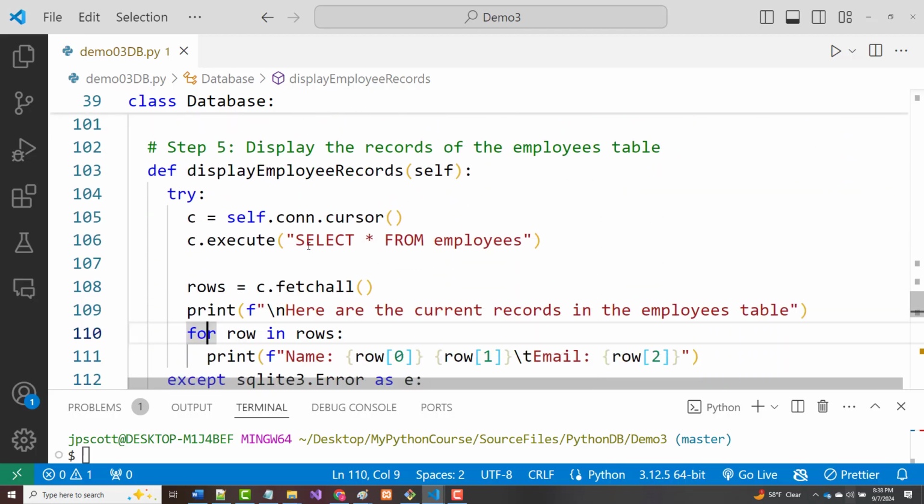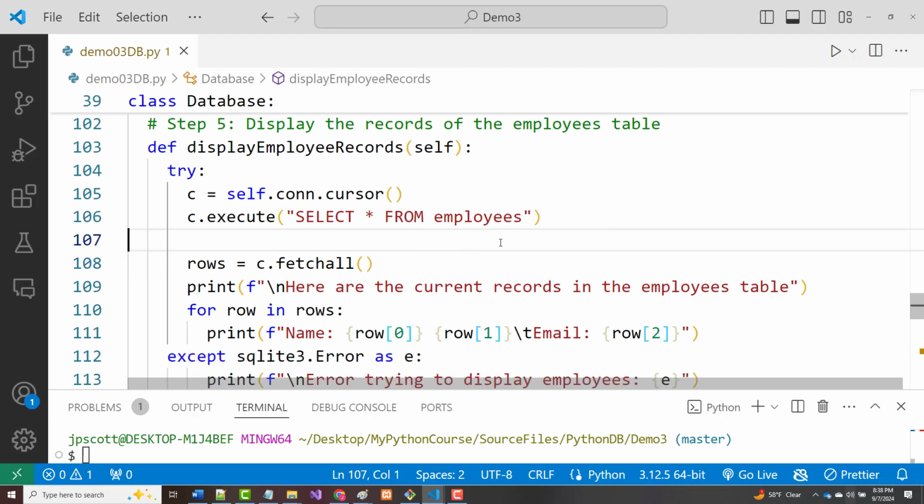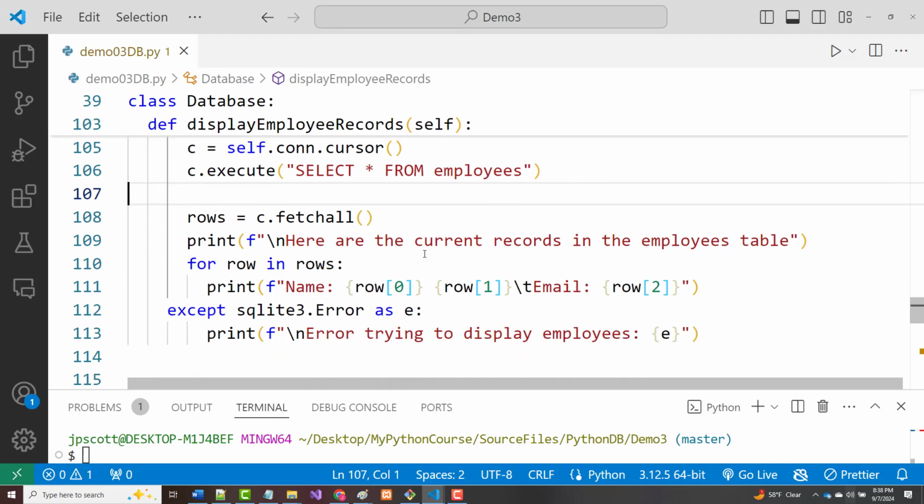But I don't think so. Display employee records, self. Try: c equals self.con.cursor, c.execute, select star from employees. Rows equals c.fetchall. Print something like here are the current records, for row in rows,